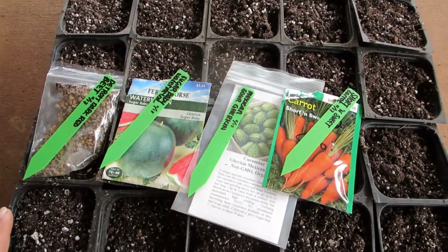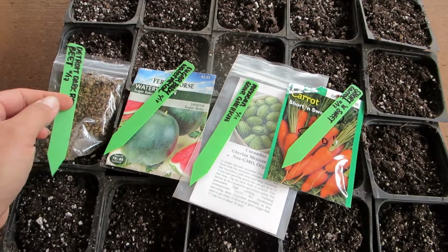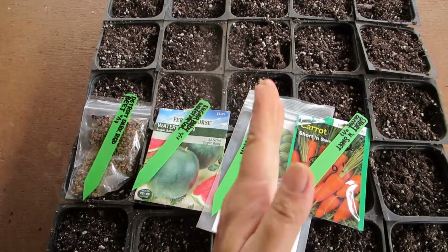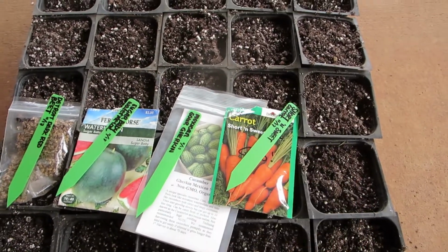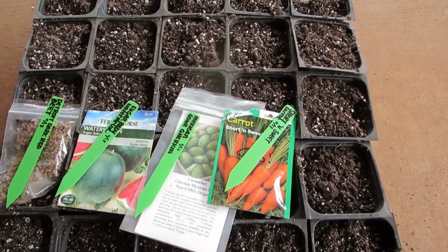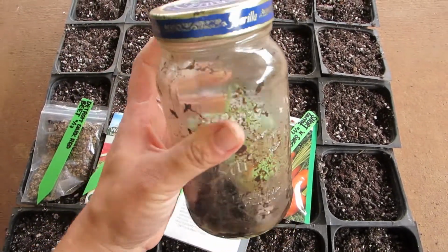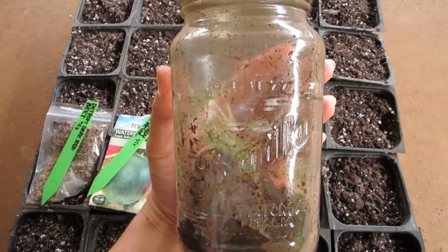So we have all of the seeds that we're gonna plant in this flat picked out, and I already made labels, and I'll just plant a row of all the same seeds, and each row will continue on. But for this last row down here, I'm actually going to be using some seeds that sprouted in our compost in a jar experiment. So you might remember when we started this compost in a jar, in the video lesson,